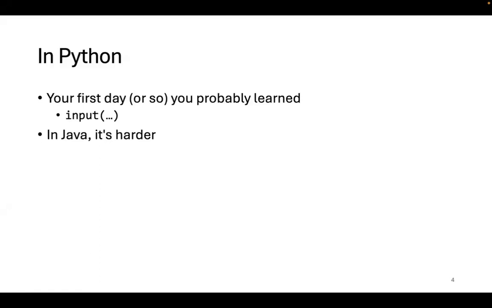So in Python, maybe around your first day or so, you probably learned how to do something with input. You type input and you give some sort of prompt in the parentheses, and then you save it to some variable, and now you've got input to work with. It would be great if we could do that as simply in Java, but it's a little bit more complicated than that. We create a new